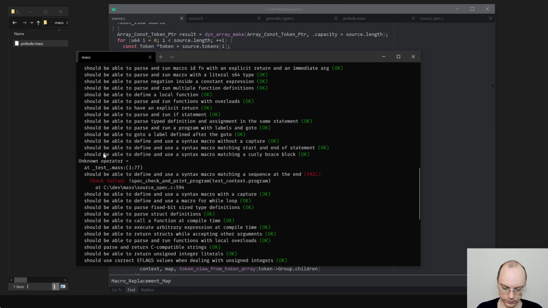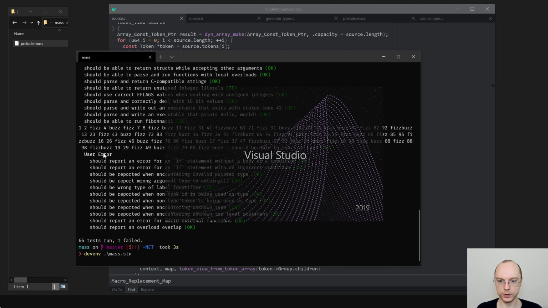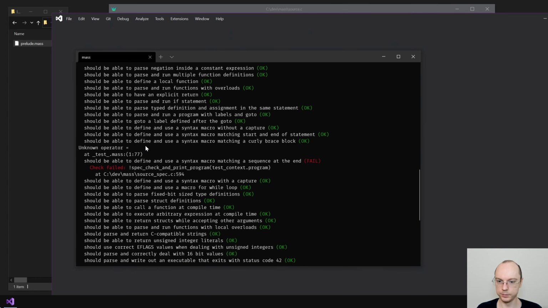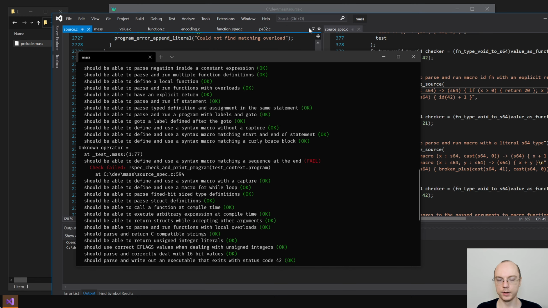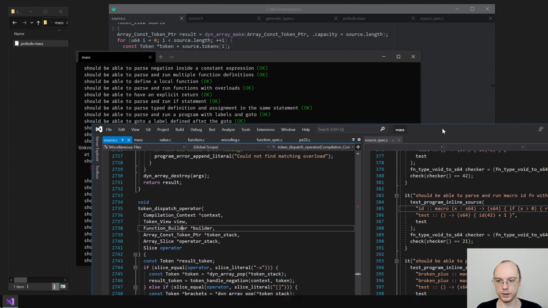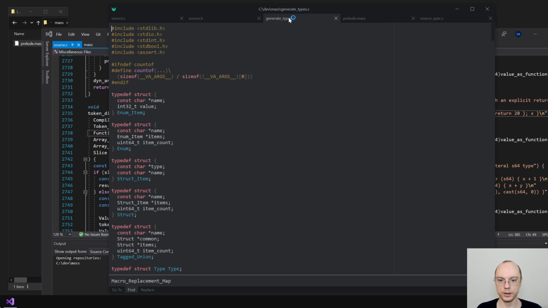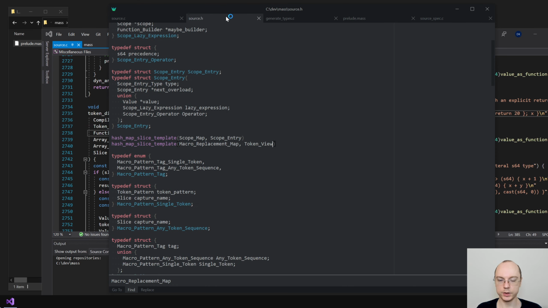That seems fine. Let's try to look in the debugger what's going on, because now I'm not sure exactly where the trouble is. I mean, I think this error comes from the fact that we replaced part of the expression, but